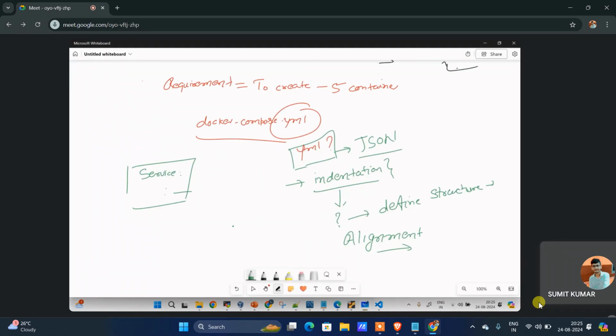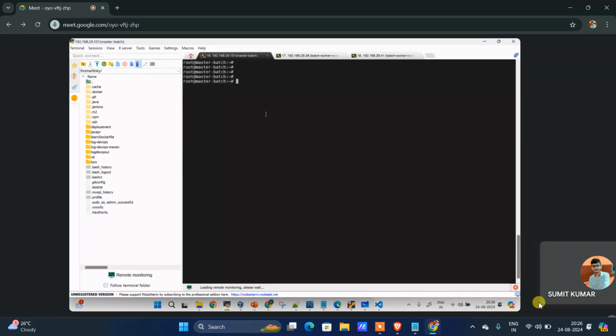Okay, come here now. I think now indentation is clear to all. Before that, Docker Compose is another thing. We need to download Docker Compose. We need to install Docker Compose on a single host machine, so this becomes a single host machine now. What will we do here? We will install Docker Compose. So sudo,